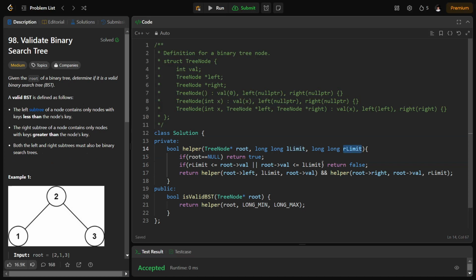In either case, the root's value is beyond this interval from left limit to right limit. What I do is return false. I am at a node that is not satisfying the constraints of a BST. Otherwise, I check whether the left node and the right node are valid